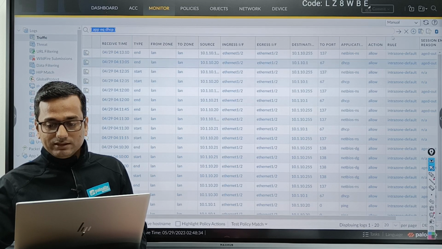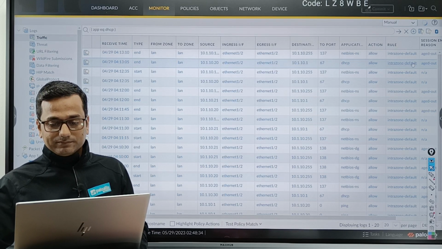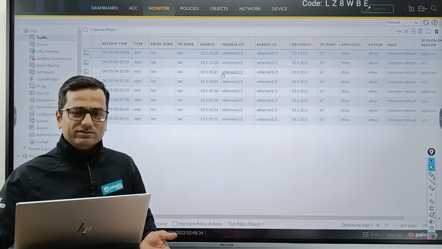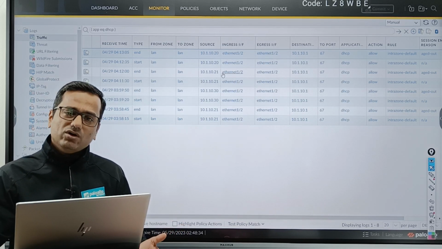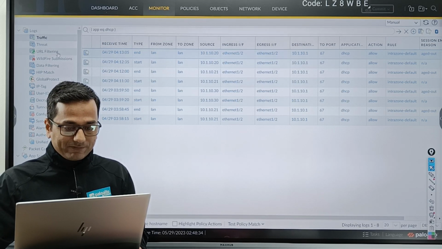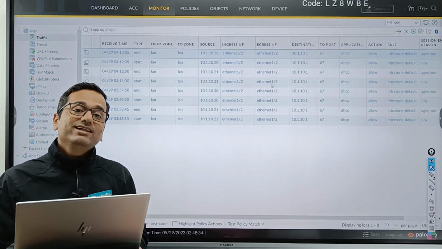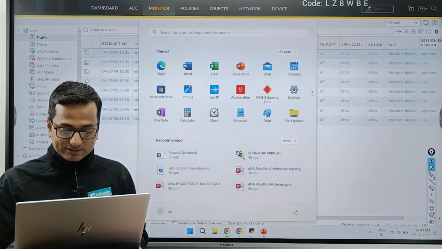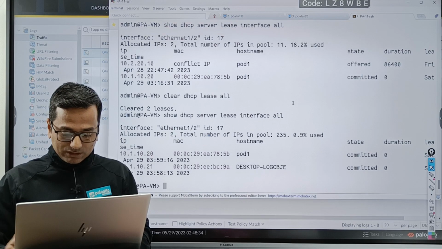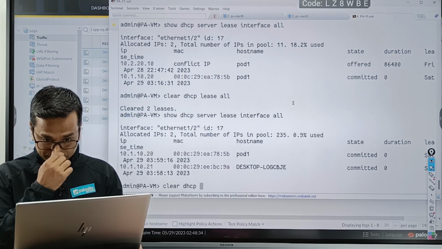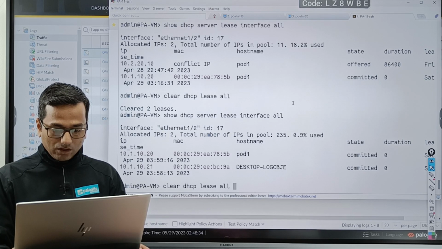Clear? Perfect. Let's see the other logs. Okay, see here you can see the logs from the DHCP server. Perfect. These are the old logs. Just ignore these because now we have all static IP addresses. Clear? Perfect. Now how do I clear the logs? That is the most important. So go to the CLI and execute the command clear dhcp lease all.